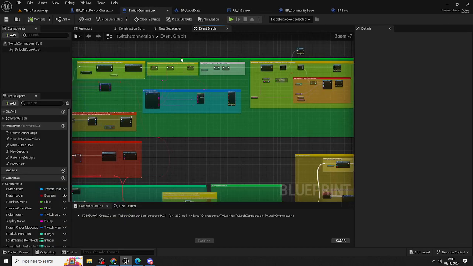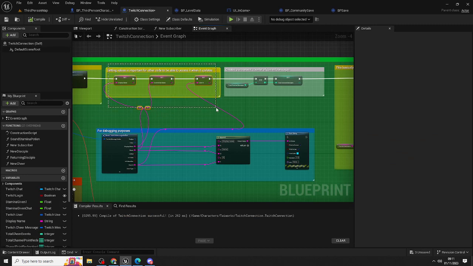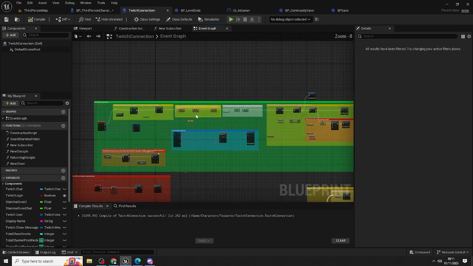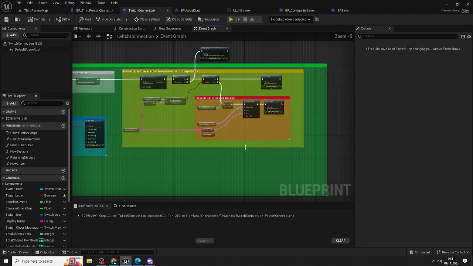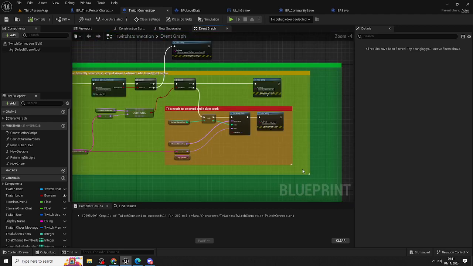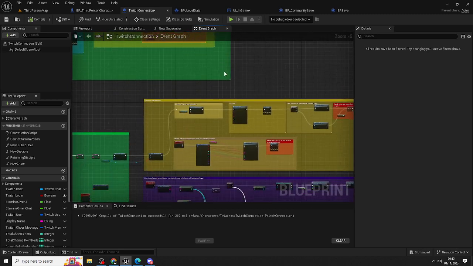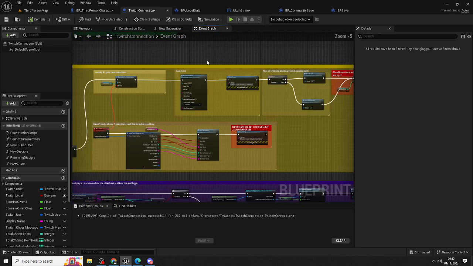One thing I really have to bear in mind for the future is that it's really important to set the variables here in Twitch connection, as well as this over here where I'm setting the array so I know who is new or who isn't. This doesn't get saved to a save state, so this only works fresh for every new session.